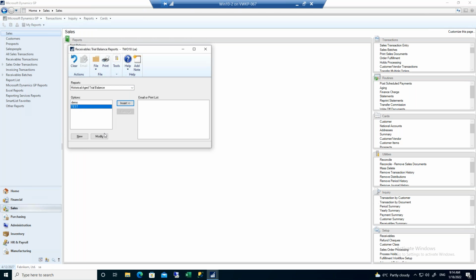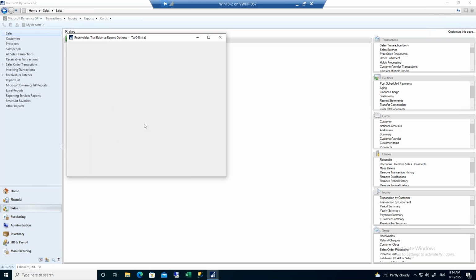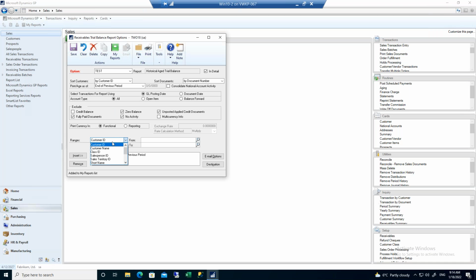Historical, test, modify. So inside here, I can also do things like customer name, customer class, and things like that. So I can restrict my different ones and I can create as many different ones of these options as you like. There is technically a limit to the number of options, and I believe it's 64 on each one. Depending on your version, it will be 64 or 128,